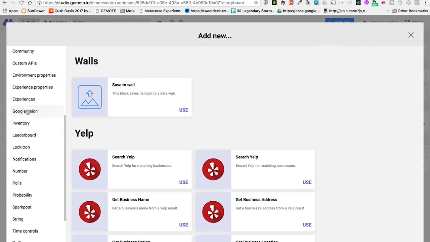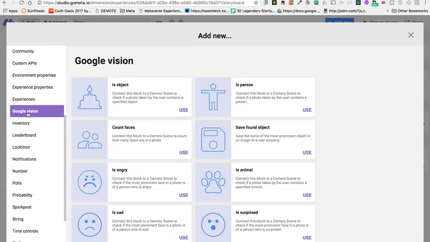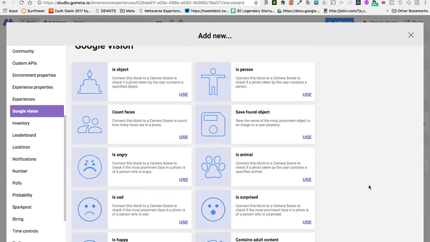This time, though, I'm going to use this set called Google Vision. So Google has a powerful set of APIs available for developers to use. Most developers don't even know about this one. It's called Google Cloud Vision API. It used to be called Google Goggles. And it allows us to pass it an image, and then it returns back a series of labels about it. And we've abstracted it in this way that makes it super easy for laypersons to use.